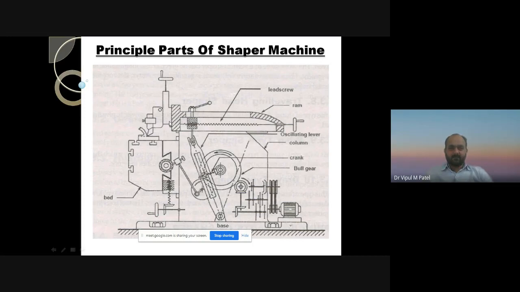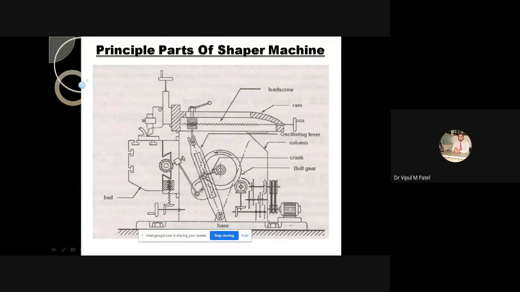So these are all the principal parts and units of the shaper machine. This one is a base. We are using electric energy to convert into mechanical energy to reciprocate the ram. With the use of that, over here we are also using a quick return mechanism, a hydraulic mechanism, and a geared mechanism. Over here it is a quick return mechanism. In that place, we can also use the geared mechanism to reciprocate the ram, and one more, a hydraulic mechanism, to reciprocate the ram.